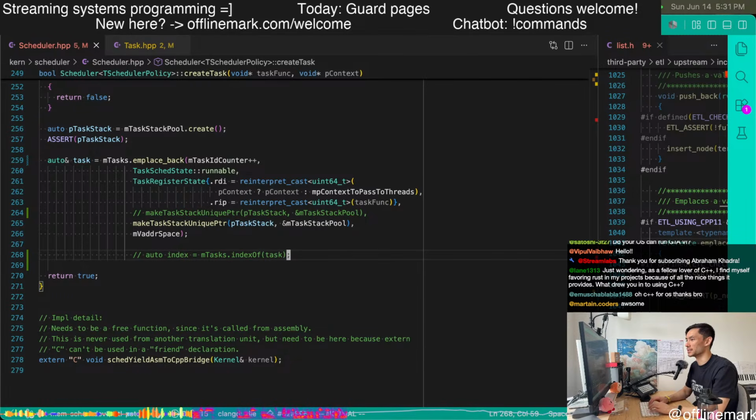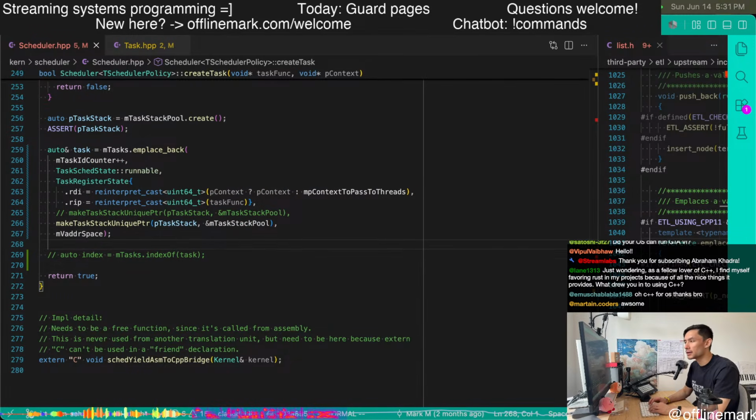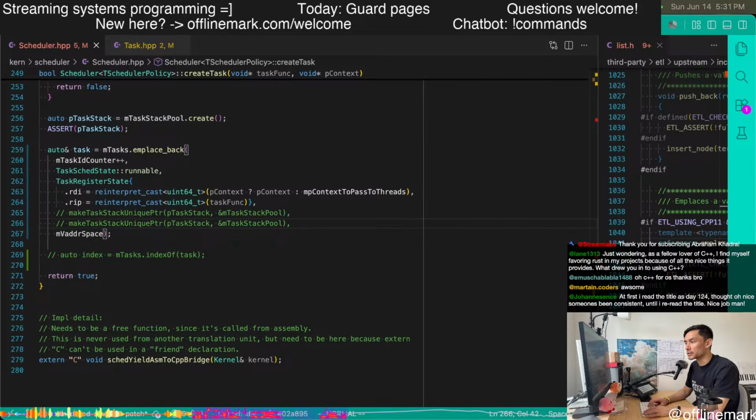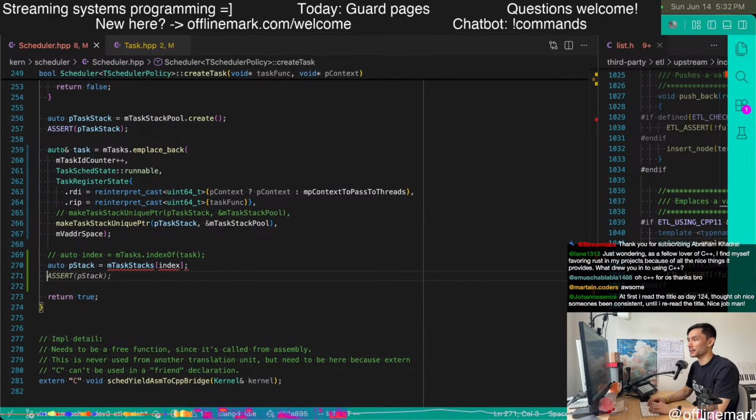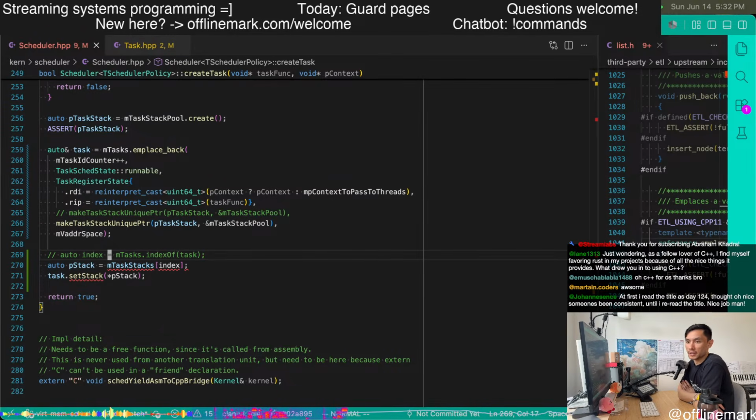This is approximately the API we are going to add, and then p stack equals m task stacks index, and then task.set stack, something like this is approximately how this would work.